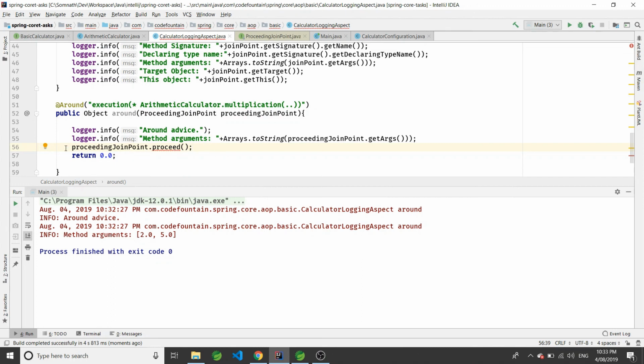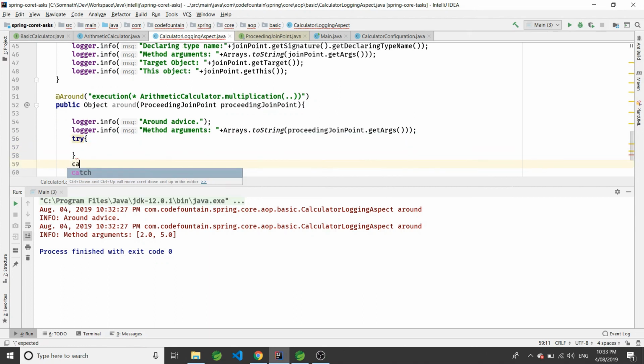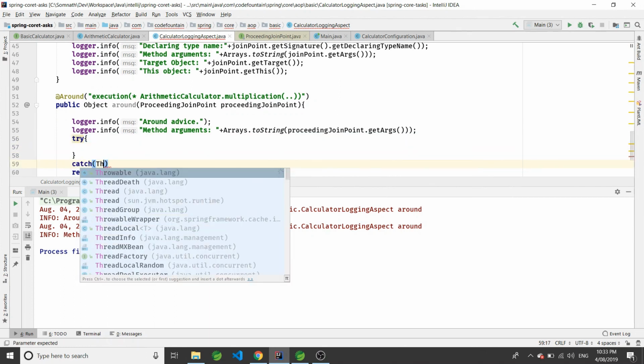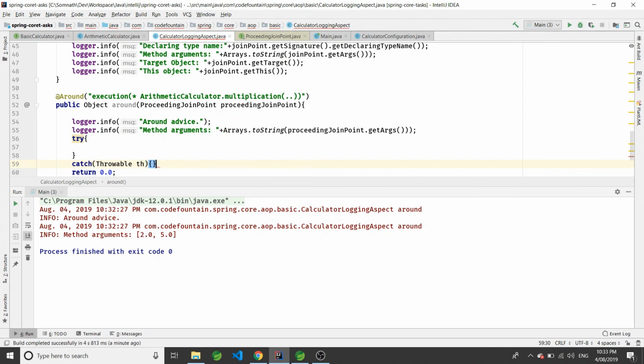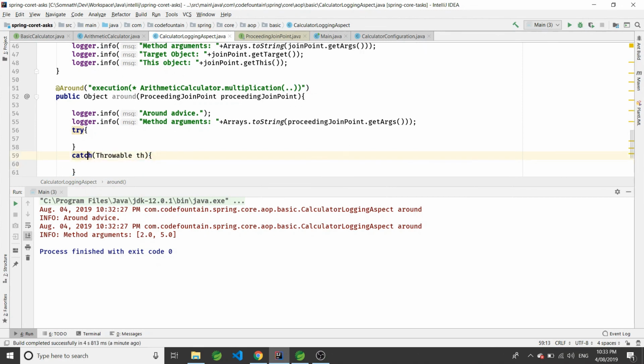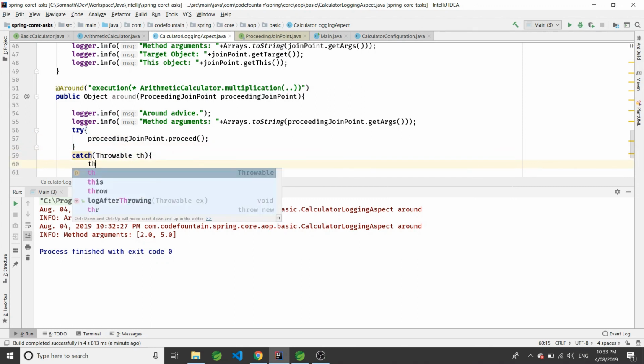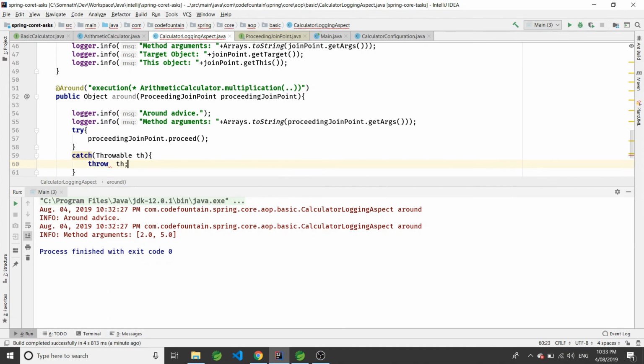This proceed throws an exception called Throwable, so we have to handle that. If there is an exception, let's just throw it back, and as part of that we have to put throws here.